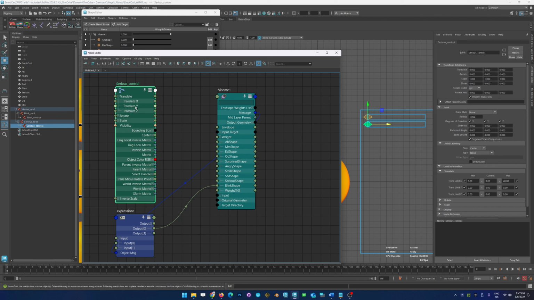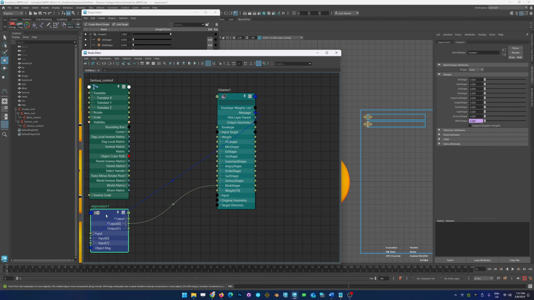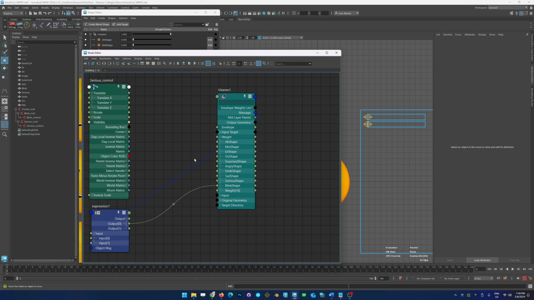And we have the translate here. We're going to take the X translation like we did in the expression and do the same thing that the expression's doing without having to do the actual expression, because expressions are a little bit antiquated and I don't know if they are really benefiting from the optimizations that Maya has been receiving. So one of the things we remember is that we can't just take the value, we need to actually divide it, right? So in the node editor, when you press tab,